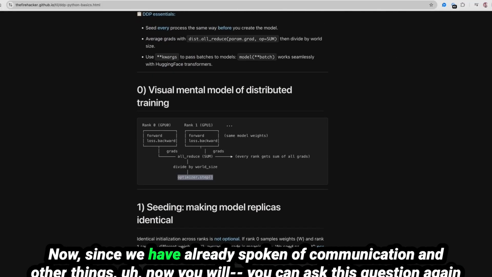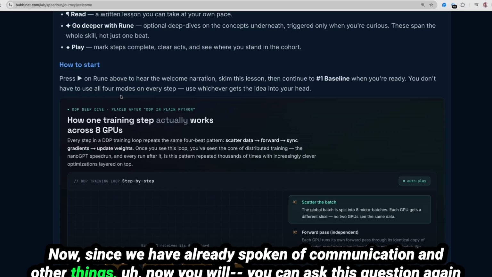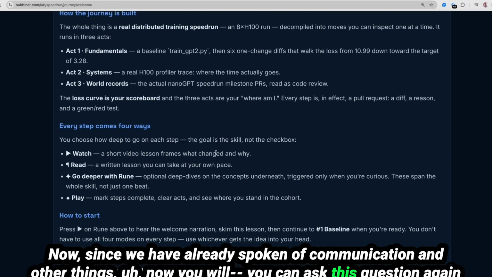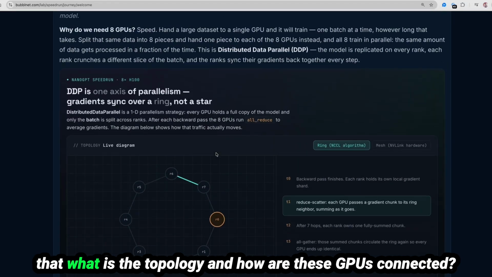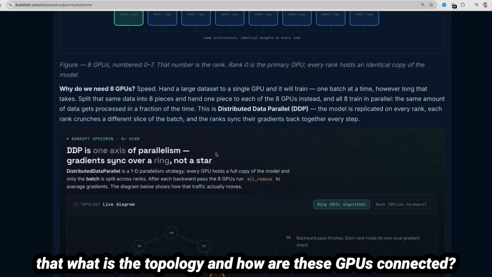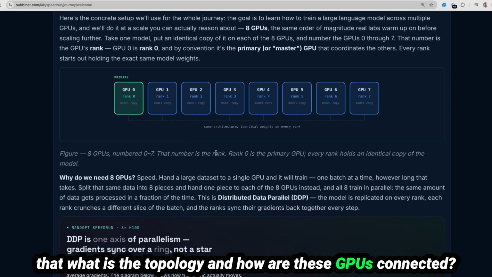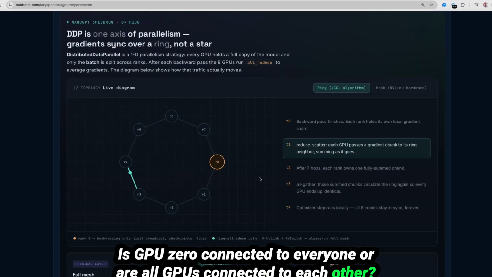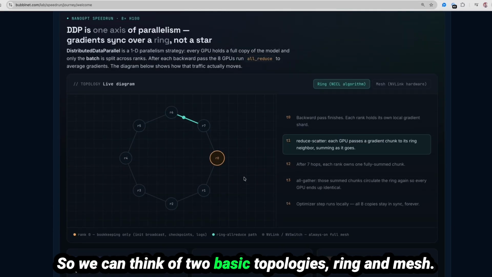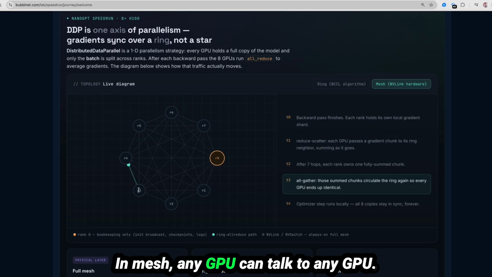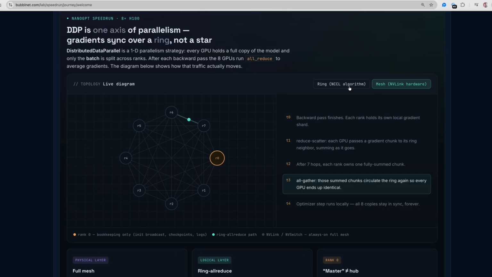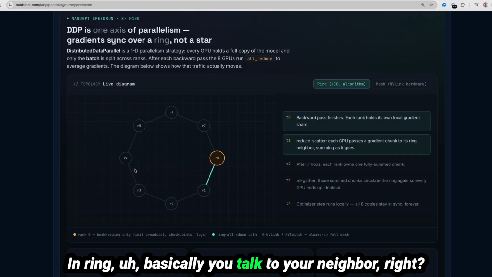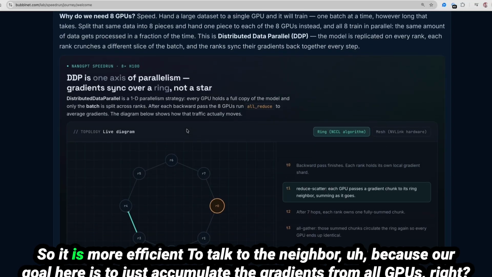Now, since we have already spoken of communication and other things, you can ask this question again: what is the topology and how are these GPUs connected? Is GPU 0 connected to everyone, or are all GPUs connected to each other? So we can think of two basic topologies, ring and mesh. In mesh, any GPU can talk to any GPU. In ring, basically you talk to your neighbor, right? So it is more efficient